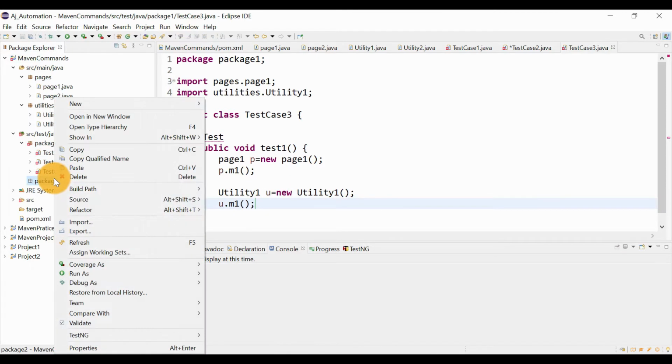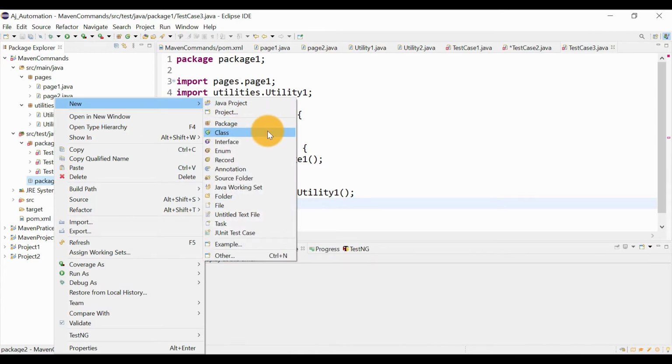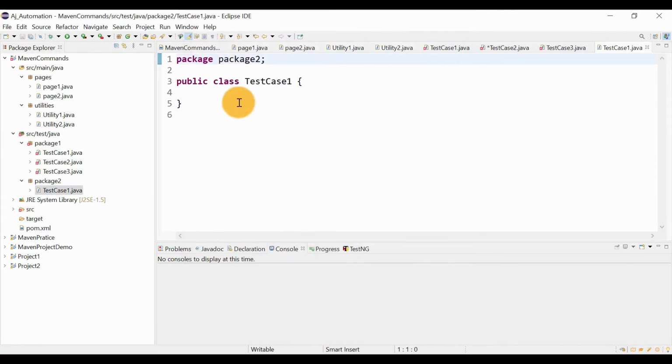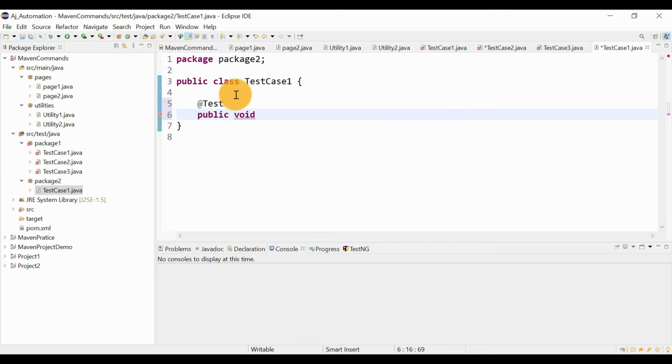Okay, so let us create some test cases in package 2 as well. So this also contains test case 1. Okay, finish. Public void test2.